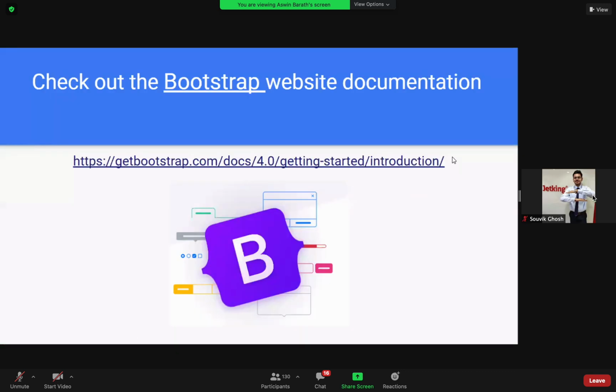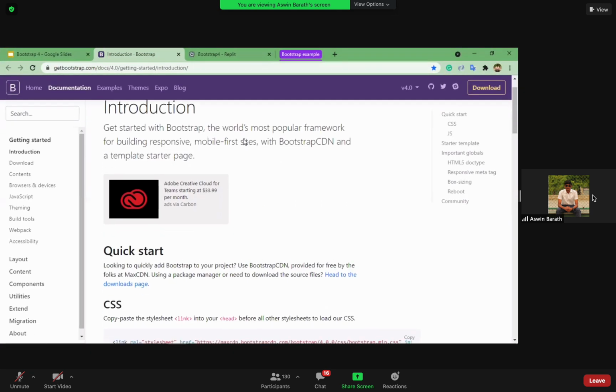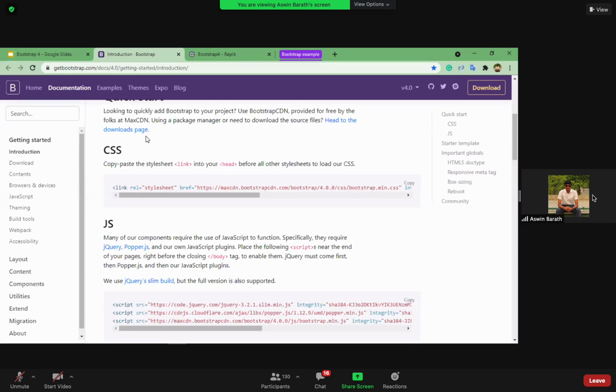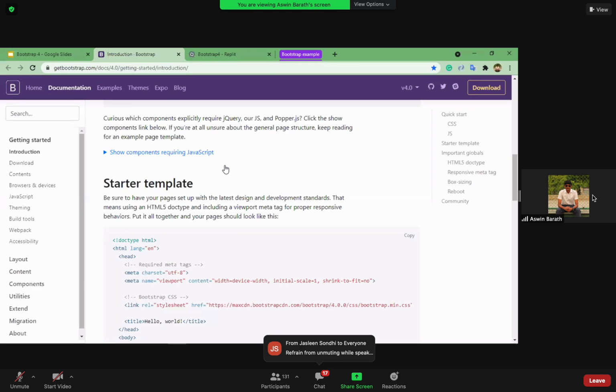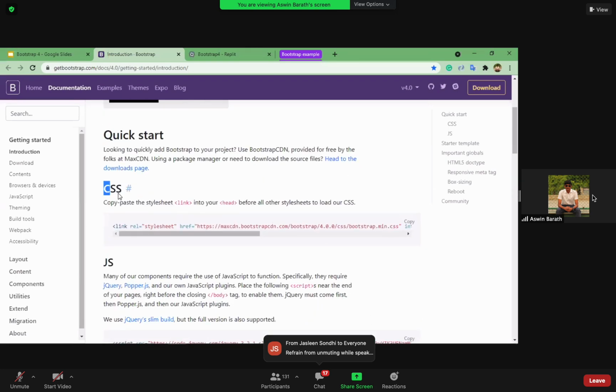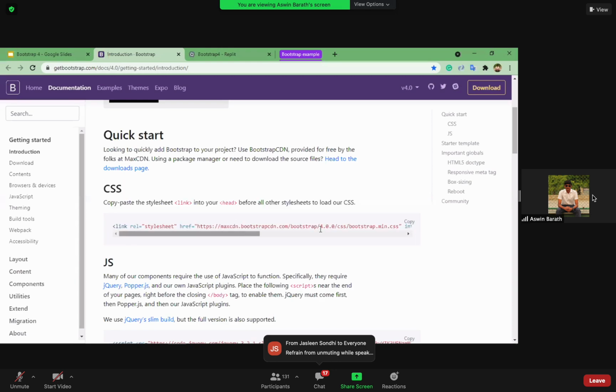So the first thing we have to do is check out this website. Bootstrap contains a lot of predefined code that we can use. As you can see over here, if we want to link Bootstrap to our website, we have to use this CSS link tag. We discussed yesterday, right?